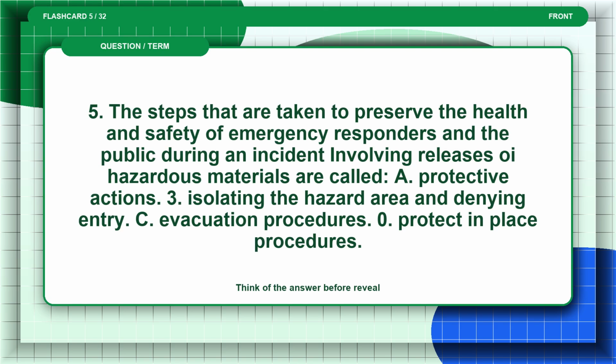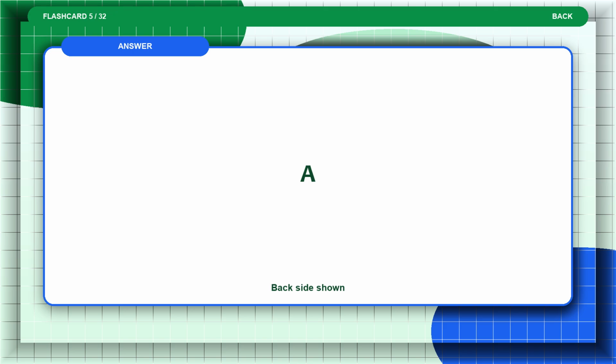Flashcard 5. The steps that are taken to preserve the health and safety of emergency responders and the public during an incident involving releases of hazardous materials are called: A. Protective actions. B. Isolating the hazard area and denying entry. C. Evacuation procedures. D. Protect-in-place procedures. Think of the answer before the reveal. The answer is